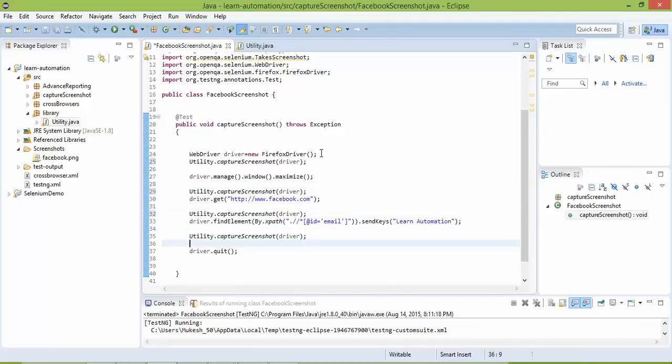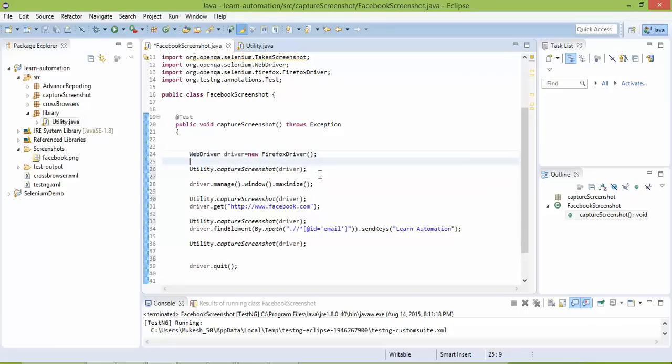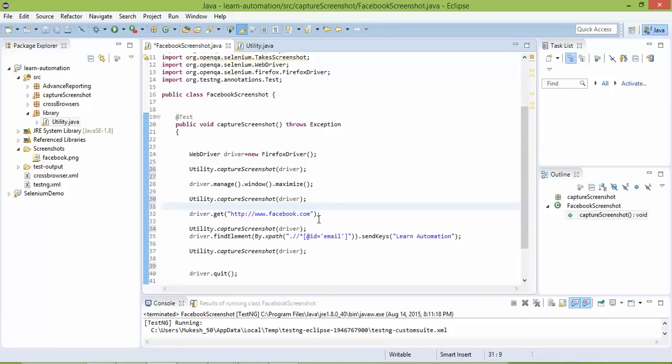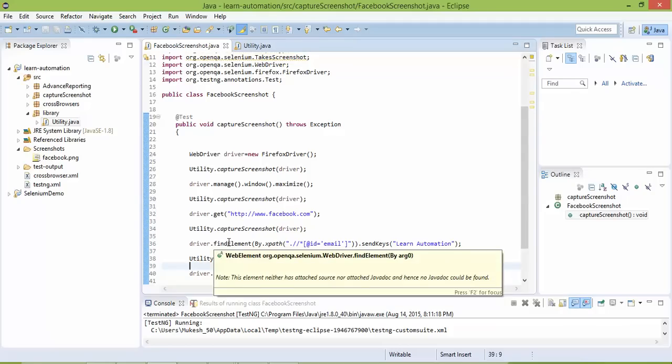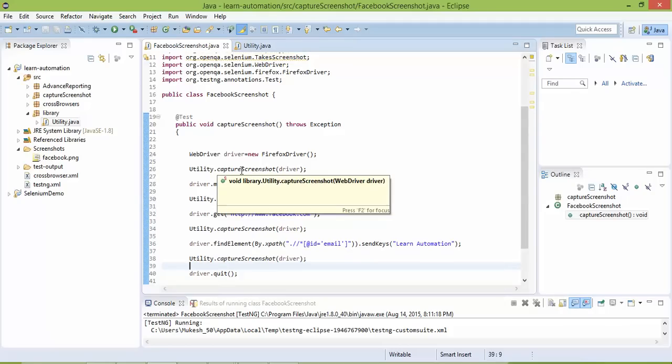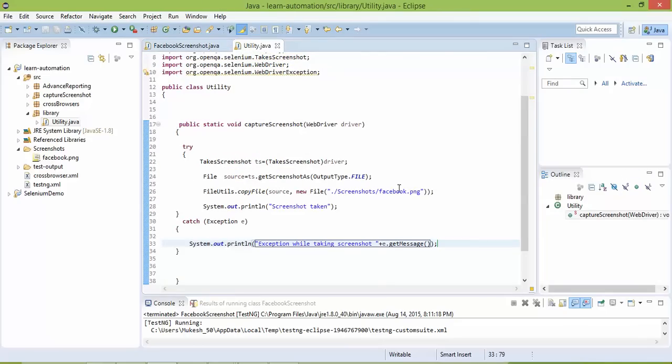So you can see how we can utilize this code, right? If you want to take a screenshot after each and every step, yes, you can take, and it's a very good practice if you want to take a screenshot after each step. Okay, so let me guess the issue here. Now if you take multiple screenshots, it's perfectly fine, but if you go to this library, every time the screenshot name will be facebook.png, right?